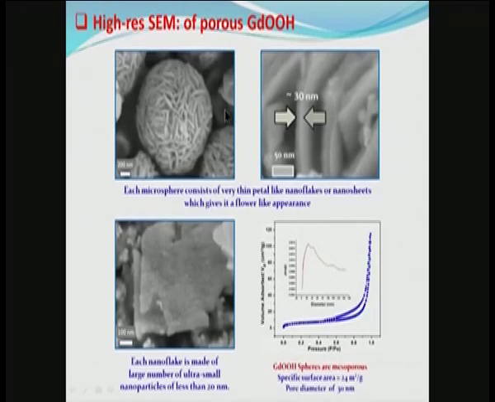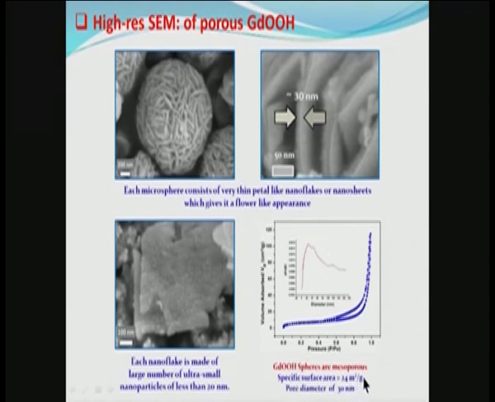What is shown here are some examples of samples that were prepared in our lab, which have a relatively large surface area and a porous structure. These are samples of a rare earth oxyhydroxide, gadolinium oxyhydroxide. You can see the fine pore structure; these are spherical structures with petals in them, so to speak. You can see there is a lot of porosity, and by using the BET method as we described here,